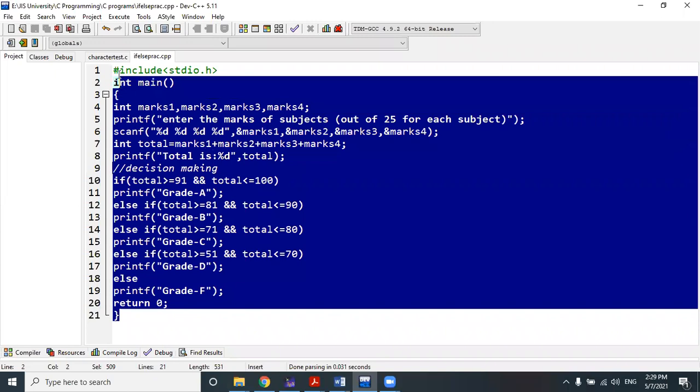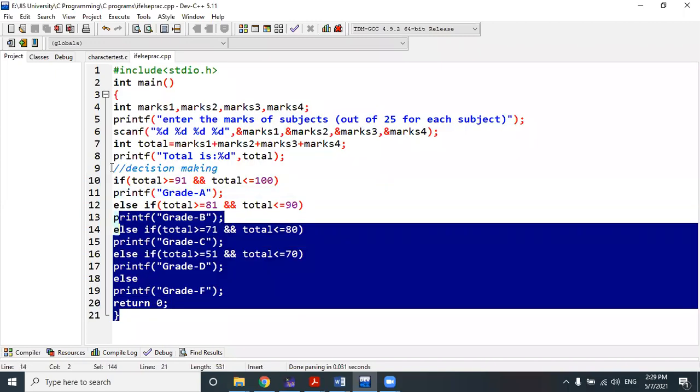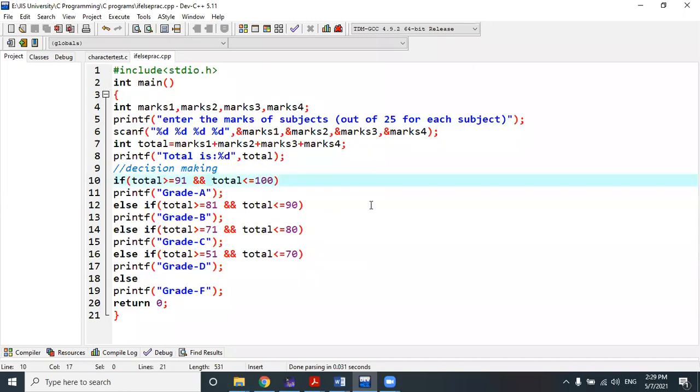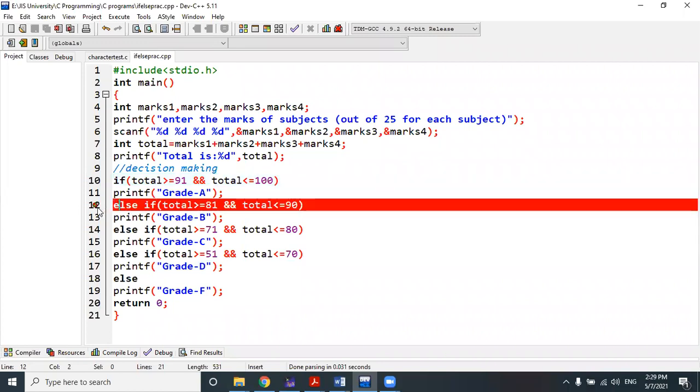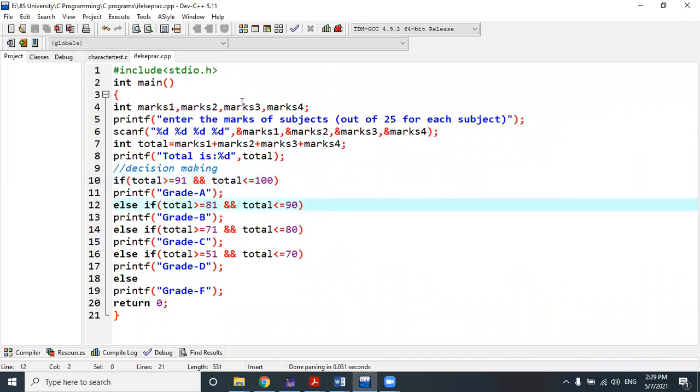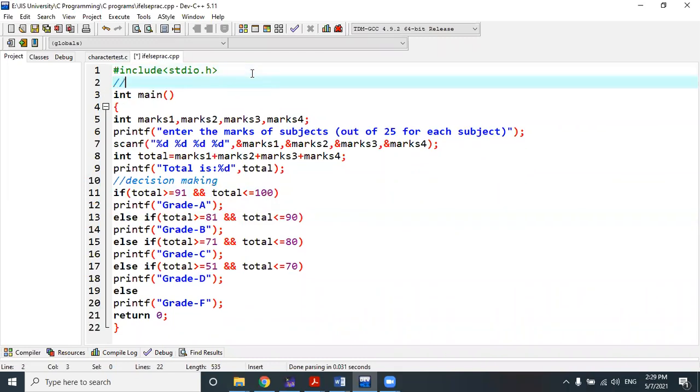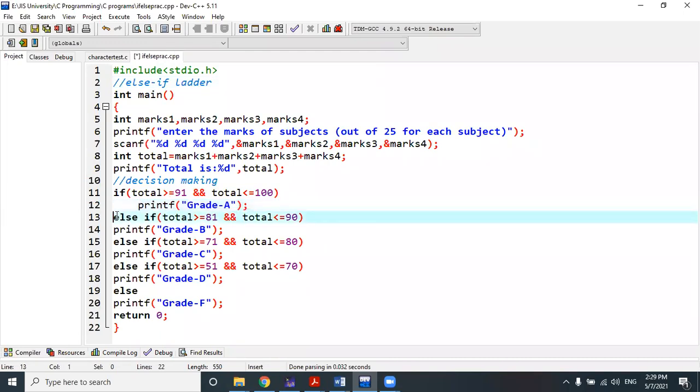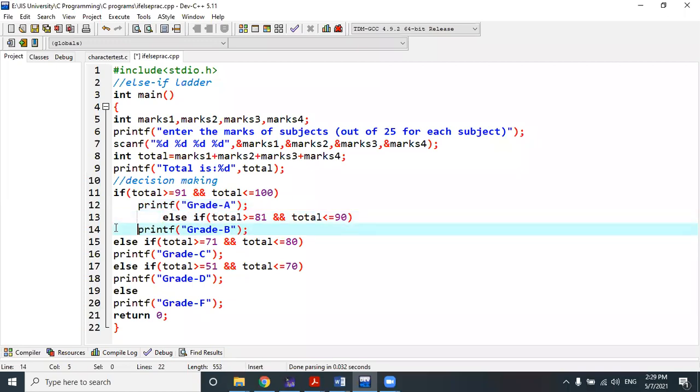So this is how we generate the mark sheet of a particular student. Is it clear? Anyone has any doubt? Then ask me. Is it clear? Yes, sir. Why is it called else if ladder? এই কনসেপ্টটাকে বলা হয় else if ladder. Why is it called else if ladder? স্যার অনেকগুলো else if ব্যবহার করা হয়েছে তাই. No. Let me show you.